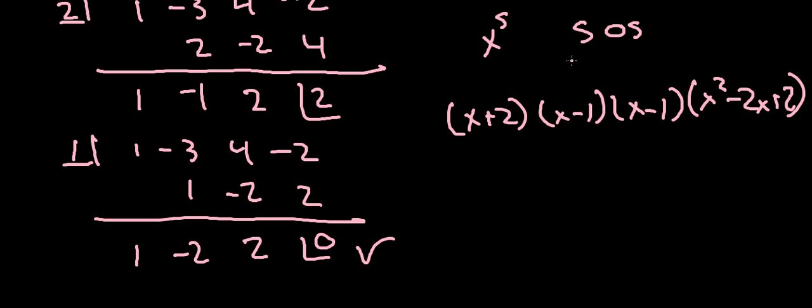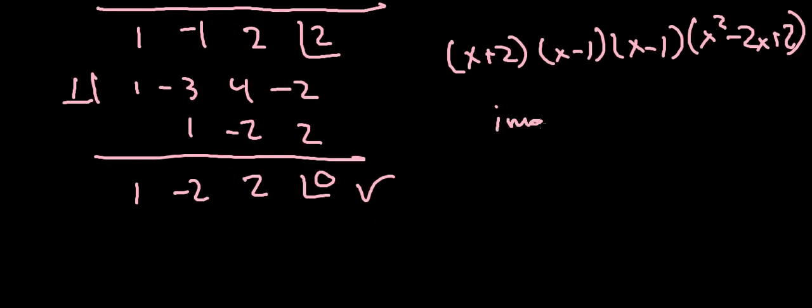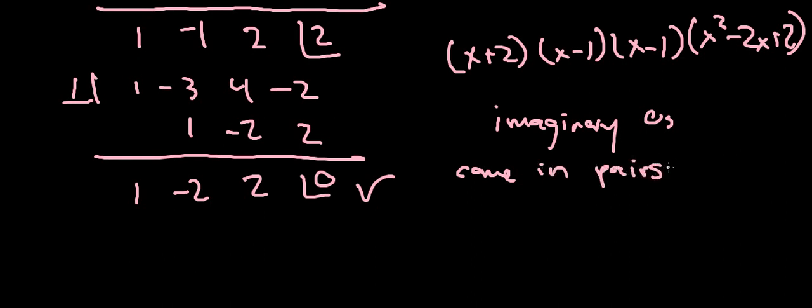They don't all have to be real zeros, but we know that imaginary zeros come in pairs. Because of the conjugate theorem, if a plus bi is a 0, then a minus bi is also a 0. So we can't have an odd amount of imaginary